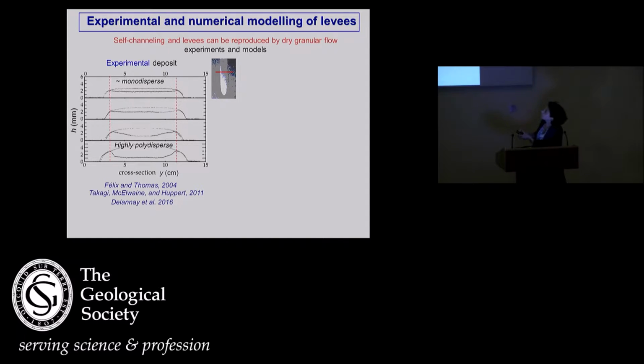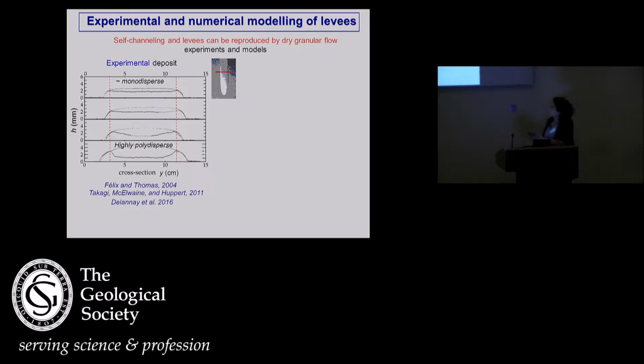And so they did a lot of experiments. So here are the results of some experiments. Here it's monodispersed beads, meaning that you take particles with the same diameter. And so in gray here you can see the flowing profile. It's a cross section here. And when the channel drains, you can see some levee here and a central channel that is a little bit lower than the levee. If you increase the polydispersity, meaning you have particles that are more and more different in size, you can still recover the levee channel morphology here, but it's much more enhanced, so you have higher levees compared to the central channel. So you can see that even for dry granular flow, if you change the polydispersity, you can have very different